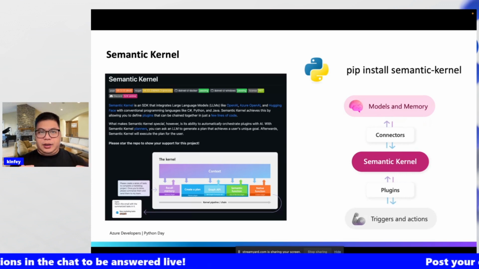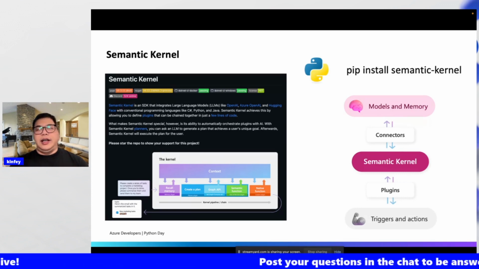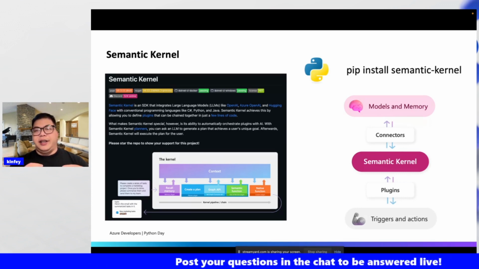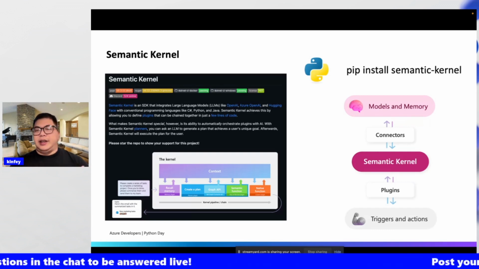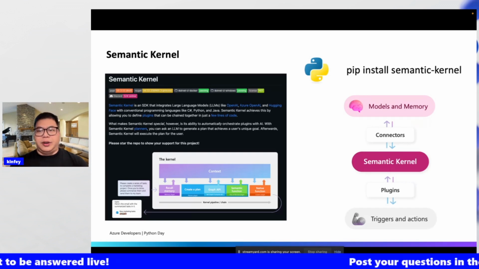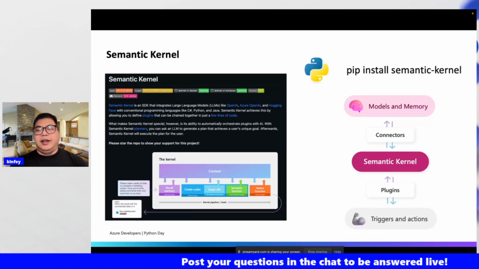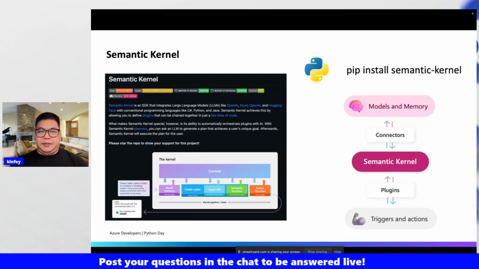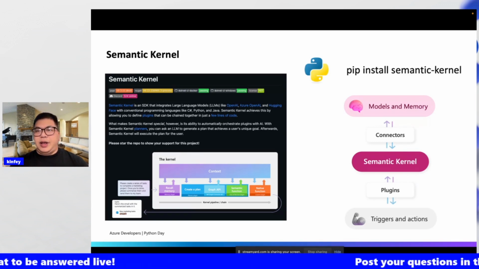I think the connector is very important because you can use it to connect OpenAI and vector databases, and to connect different models. Another is the planner, where you set your command to finish a task. So I think Semantic Kernel is very good.